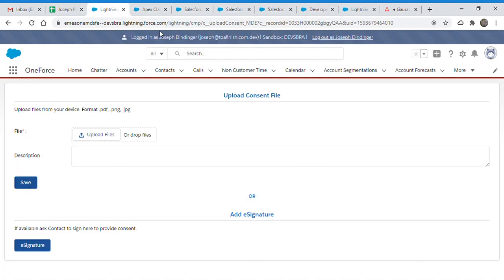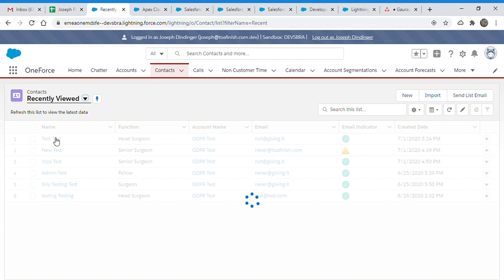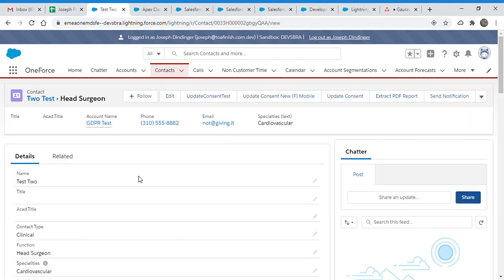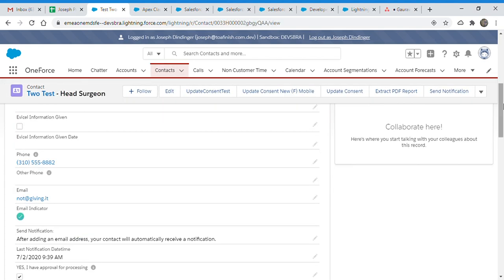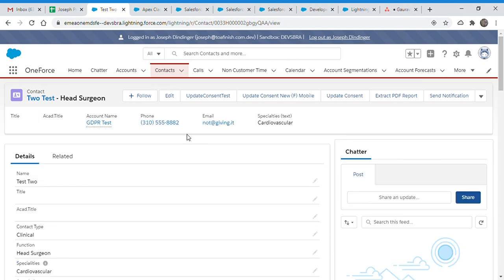So now if I go to the contact, it will not redirect anywhere. This can happen when the user signs or uploads the consent PDF or something. After that our class updates the contact and it will not open the page next time.